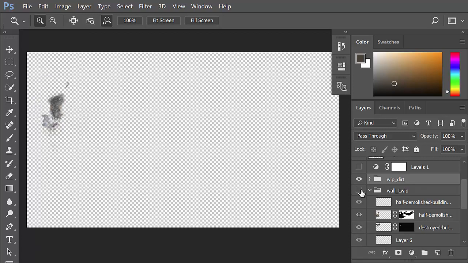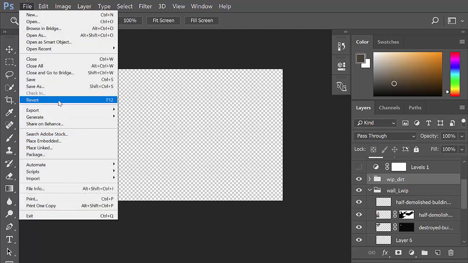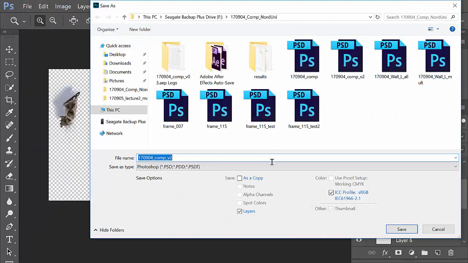So I guess I really should have exported this as one layer to multiply again in After Effects, and then this layer. But let me just show you. So this would be the layer I would export. So save this as, and this would be building left. So I call it wall left all elements. This is wall left multiply. So that would be it, if I wanted to multiply it separately again in After Effects, just like I do